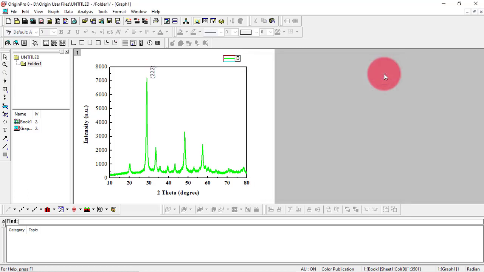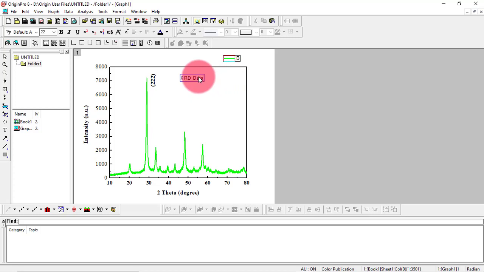I want to bring it to the box, so I'm going to drag it down here. And if I want to bold it again, just select this text and press the bold icon. You can see you can label your whole graph here. Also, if you want to write something in this graph, suppose I want to write, this is the XRD data. So what I'm going to do, I'm again going to press this text box, click it here, and I'm going to write XRD data.